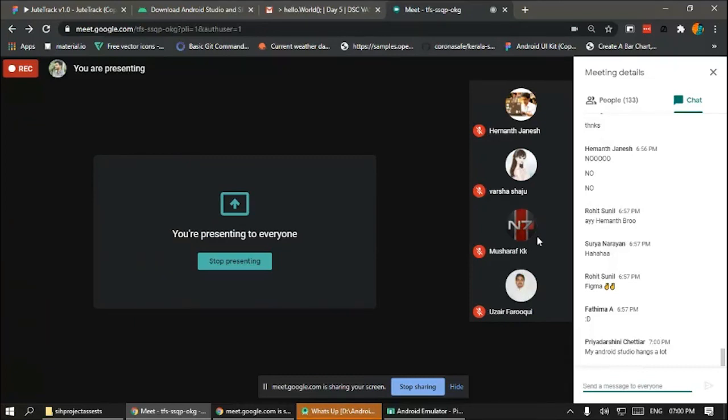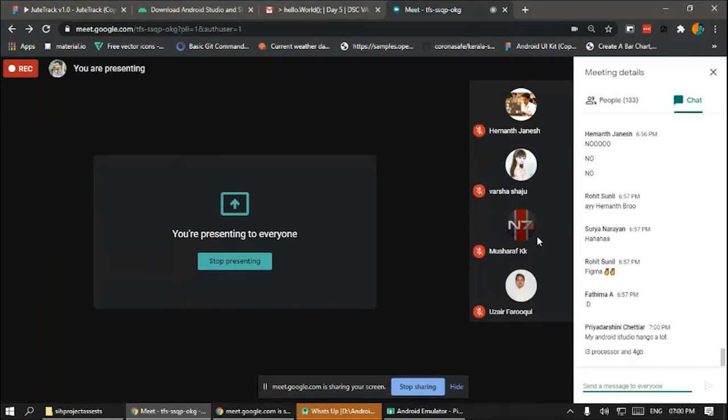Can you tell me about the RAM and processor of your laptop? That's basically because Android Studio requires 8 GB minimum, but it will still work on a 4 GB laptop, but it will hang. i3 and 4 GB, yeah.